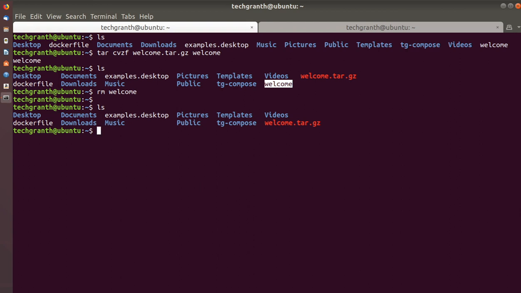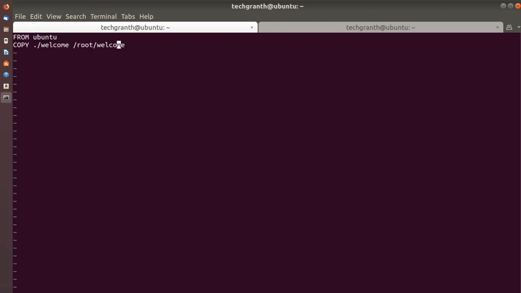So what we will change in our Dockerfile is replace the COPY instruction with ADD, and then we will copy welcome.tar.gz.